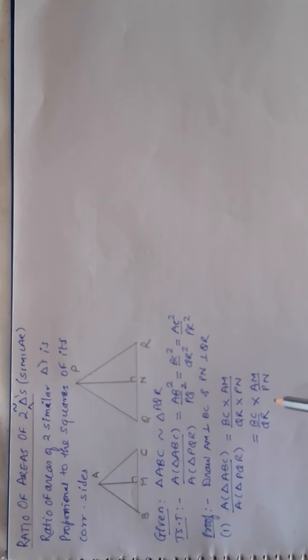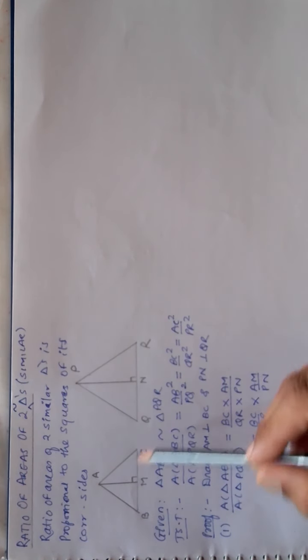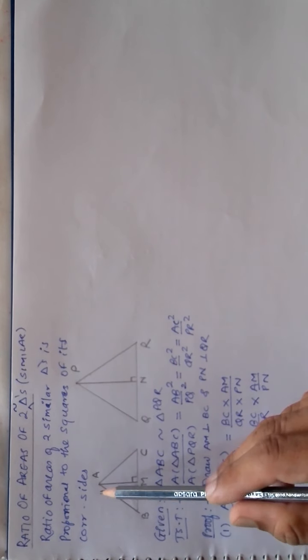Now AM is to PN will be replaced as BC is to QR if and only if they form a triangle, that is AM forms a triangle with BC, and then I show the two triangles similar. But to my sorrow, I find that BC and AM do not form any triangle. So before planning further, I will just dip into the given part.